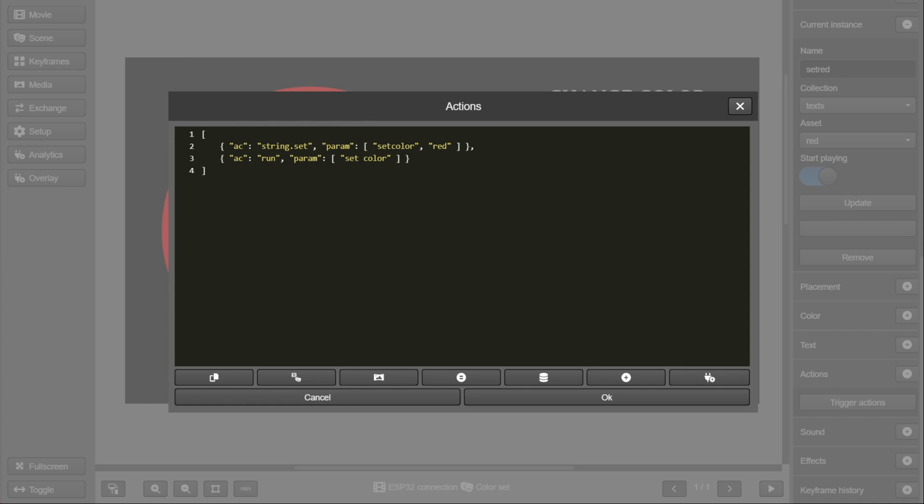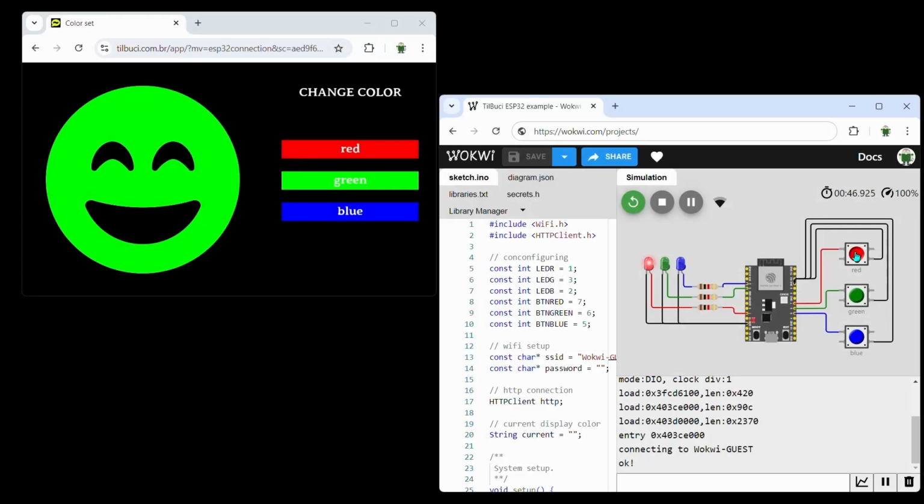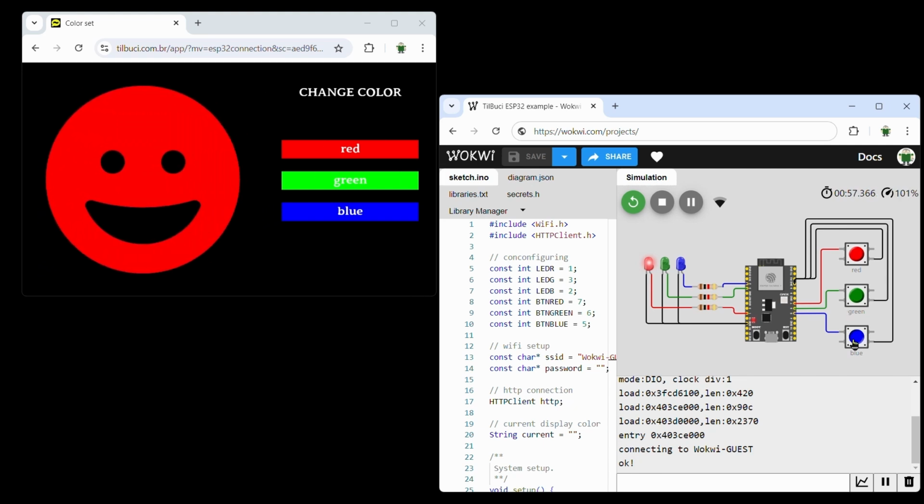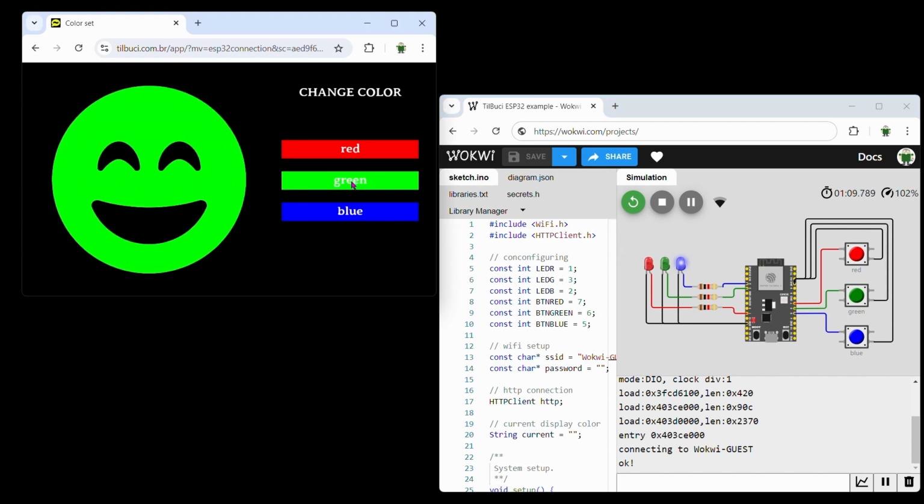With everything ready, now it's time to test. Notice that both the button clicks in our simulation on the ESP32 board are received by the movie being displayed in the browser, and the button clicks in the movie generate a change in the LED that is lit. The interaction in this example is quite simple, with long reaction times, but with the basic information in this video you will be able to create much more complex and dynamic interactions, such as movies that talk to each other, voting systems, and much more.